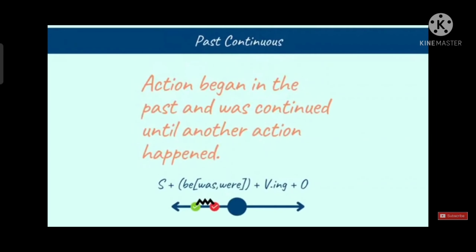Let's quickly revise the past continuous tense. If an action began in the past and was continued until another action happened, then it is included in past continuous tense. The structure of the sentence is subject plus verb's be form where was or were is used plus verb's ing form plus object. In the timeline, the green tick shows an action. It was ongoing, which is shown by swirly line until another